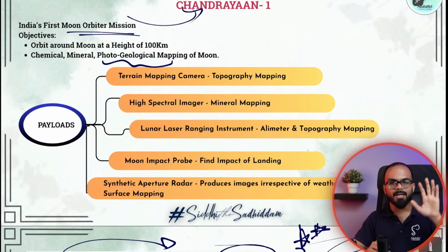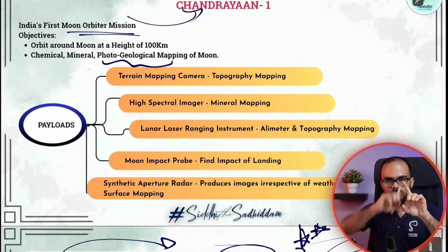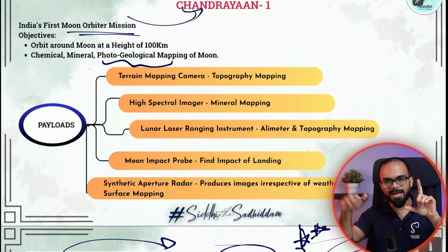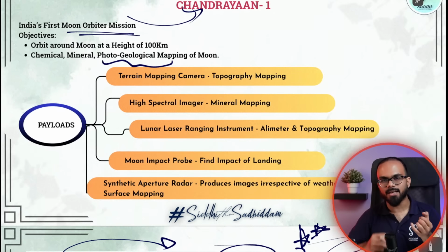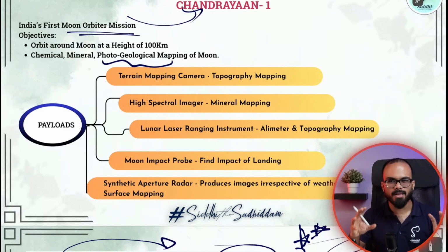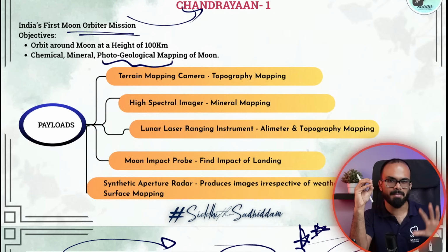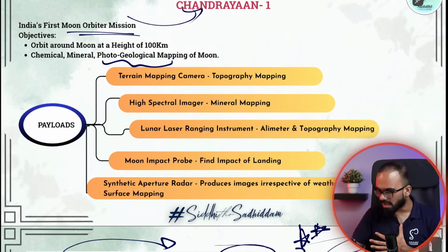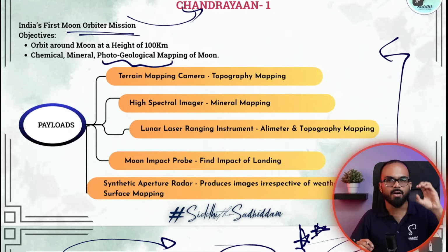This mapping is done using various photographs. So in the first step, the orbiter will go around the moon multiple times and take a lot of photographs. It will help us understand where the craters, mountains, depressions, and volcanoes are. We look at all these things and do this kind of mapping, and this mapping is called geological mapping. For that, we need various instruments. All these instruments are called payloads.